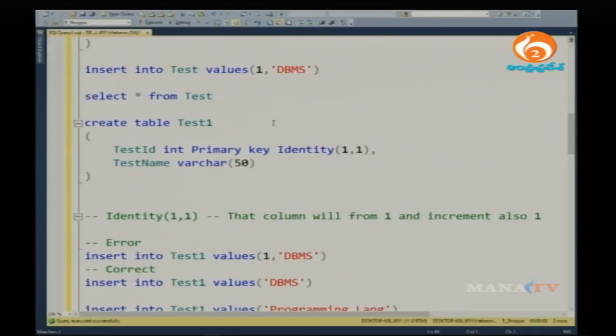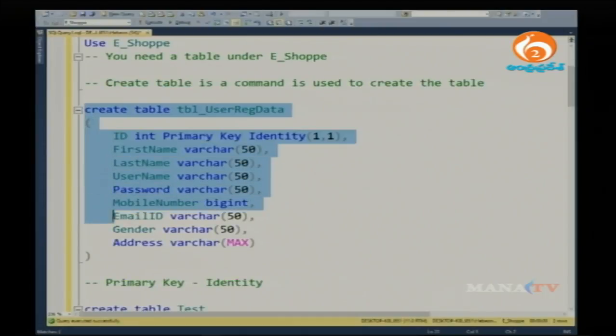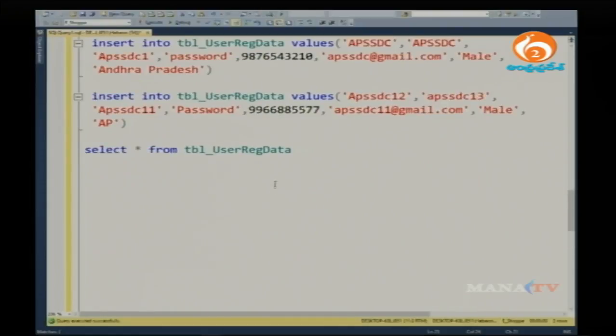See, first I am creating a database here. Within the database I am creating one table. One thing I want to observe here is, for example, if I try to insert some records, insert into tbl_user_data values, and if I insert some null values, which are not any valid data, say something like